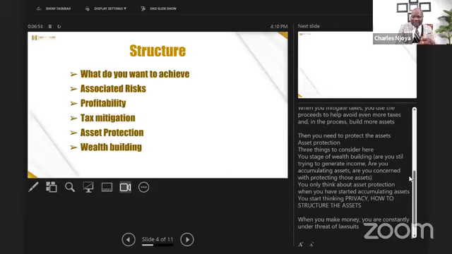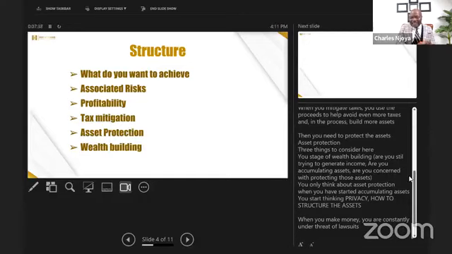One of the things I'm going to tell you is that wealth building has three stages. You generate income, you accumulate assets, and then you think about protecting those assets. You only think about asset protection when you have started accumulating assets. People come to me and they want to do many things, but they've not even started accumulating assets. When you don't have any assets, what's the risk? Your risk is very small, your exposure is small. So you start thinking about privacy when you've started accumulating assets, how you structure those assets to take advantage of those three things I said before, and protect those assets so that the objective is to build a legacy, to build wealth.